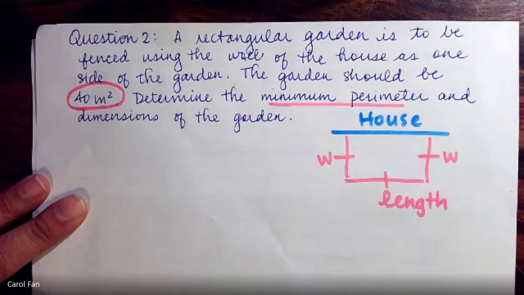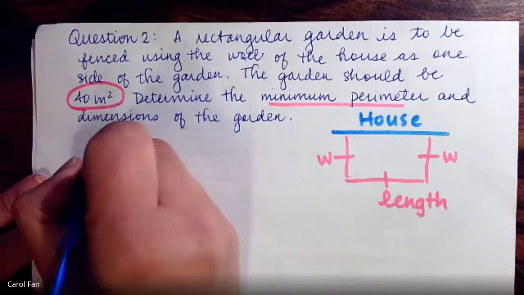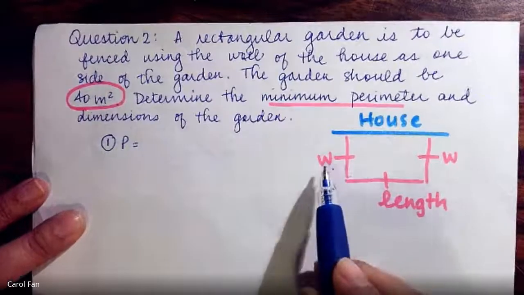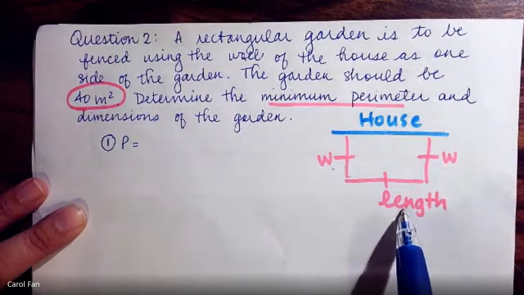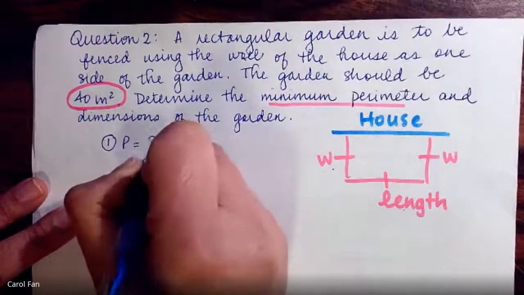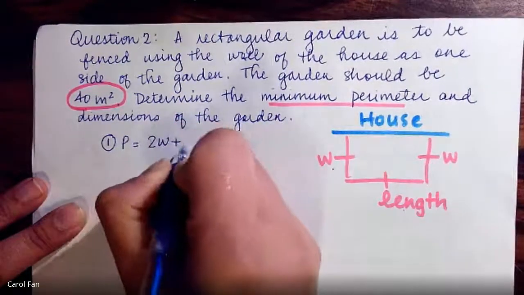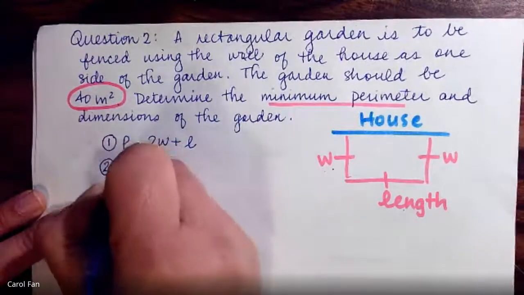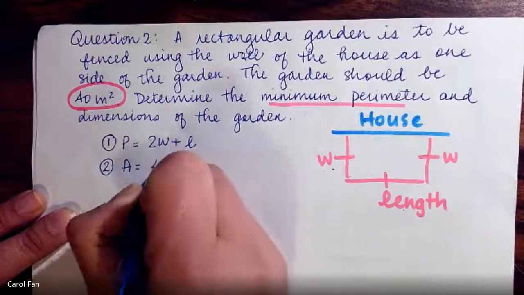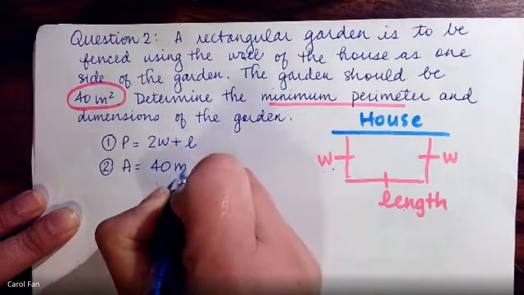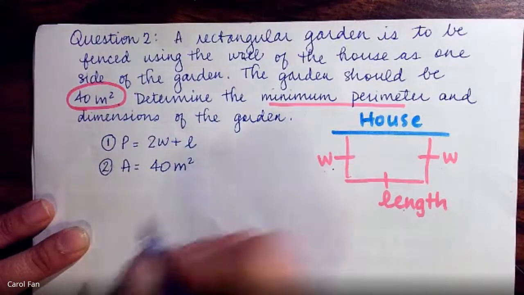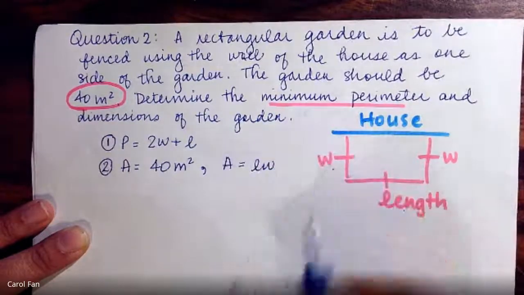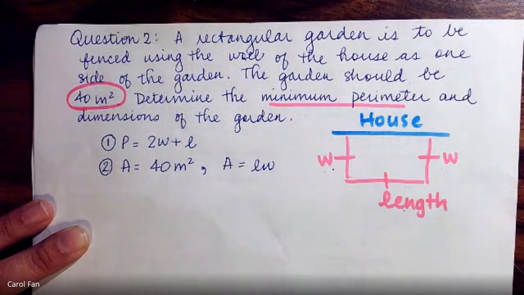So let's write our equations. First one, I have perimeter. The perimeter in this case is W plus W plus L. So I could collect my like terms, and I have 2W plus 1L. Now the second equation that I have is going to be for area. The first thing I know about the area is that it's fixed at 40 meters squared. The second thing I know about area is equal to the length times the width. So I've got my two equations,